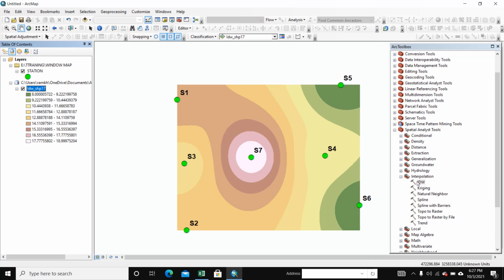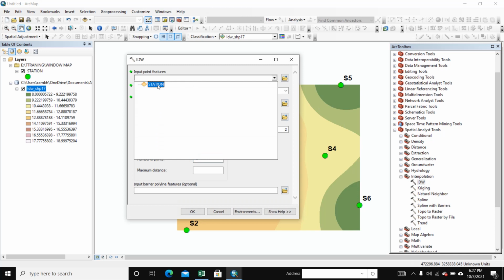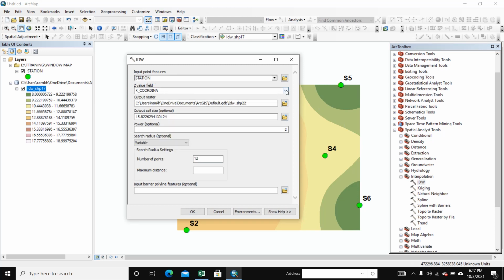Go to Arc toolbox, spatial analyst tool and interpolation, IDW, double click and we select substation and select direction and OK.